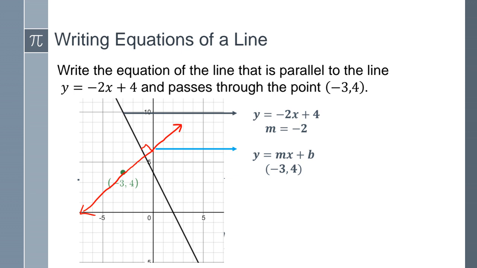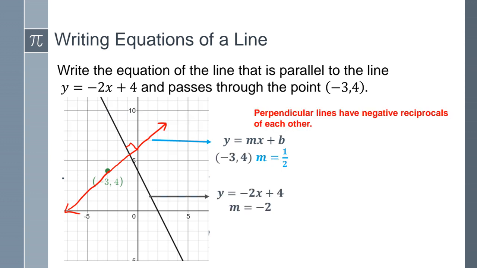So what do we do here, guys? We know that my slope is negative 2. And again, the same strategy or procedure from the previous example, we want to get the equation in the slope-intercept form. So this is not the slope, right? This is the slope for this equation, but not for the line to be perpendicular. This week we covered that perpendicular lines have the opposite negative reciprocal.